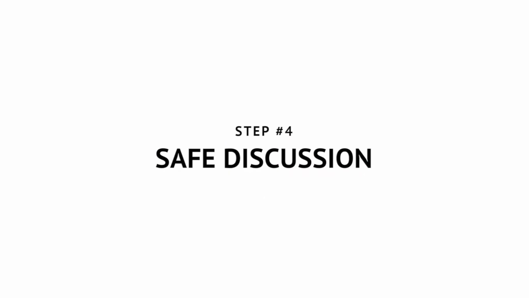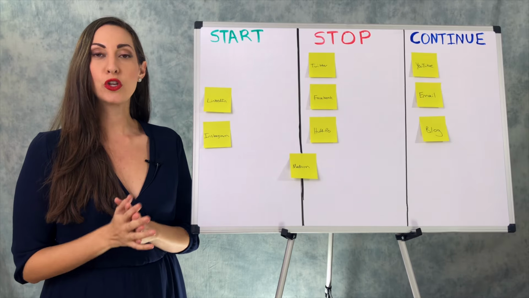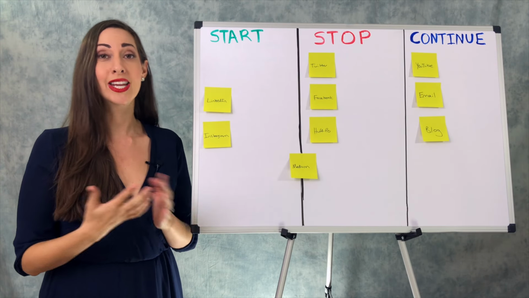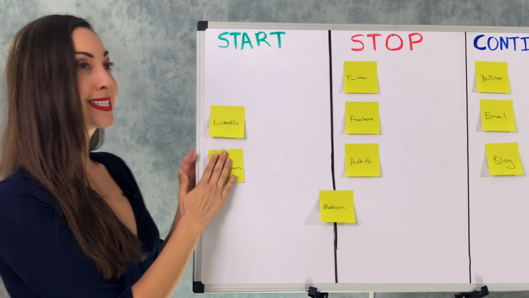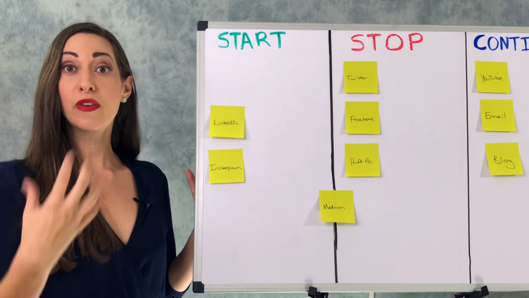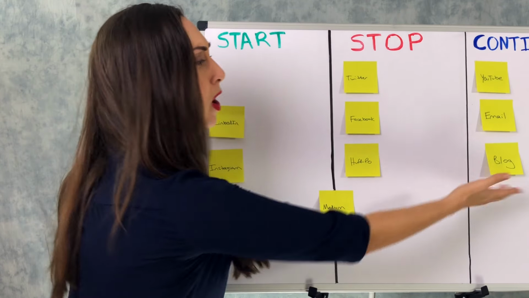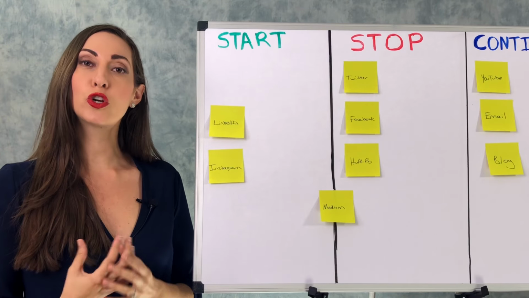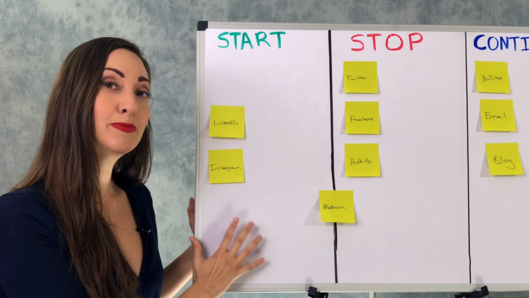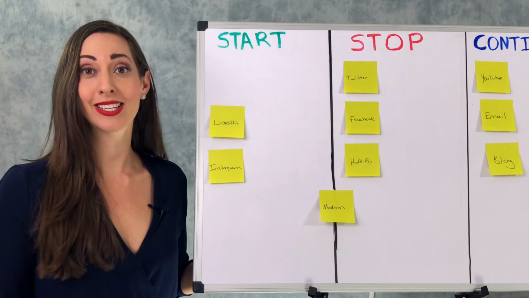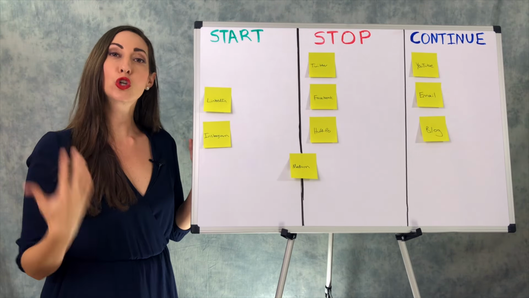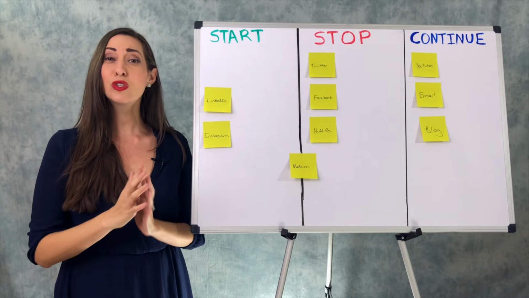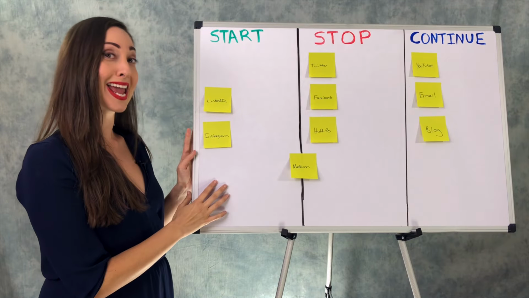Step number 4, safe discussion. You also have to make sure that you create a safe space where people feel like they can share their true opinions about what's working and not. Remember, you might be tackling someone else's task on the board. So if you think that, for example, the blog is doing terribly, but that's someone else's task, it's a different color Post-it note, you have to make sure that you're creating a safe space where the task is being discussed and not the person doing it. So this is all about the tasks that are serving the main project as opposed to a person who's doing something wrong or right. So this is a safe space to discuss the tasks at hand.